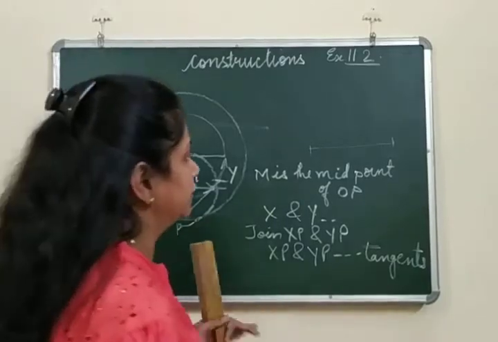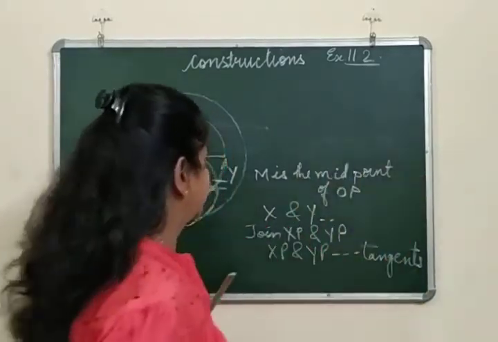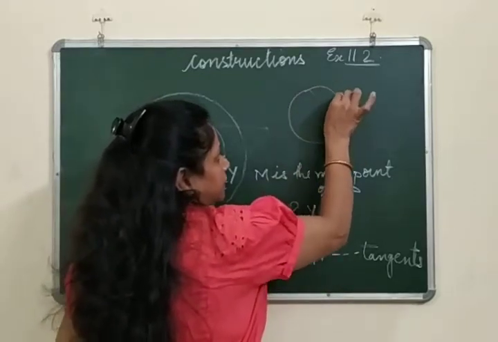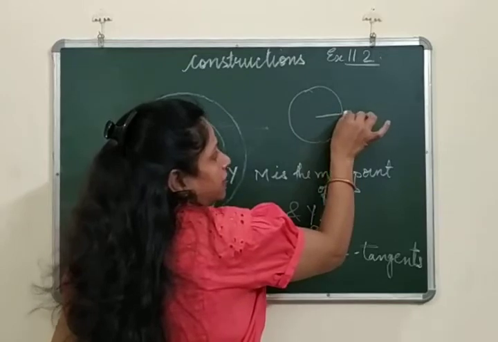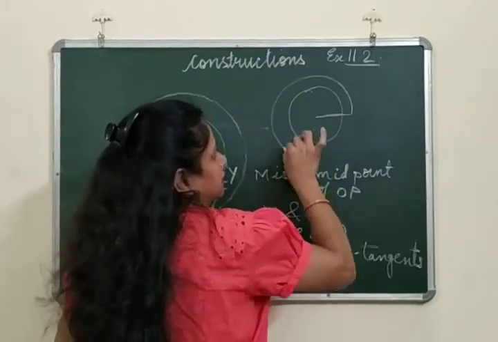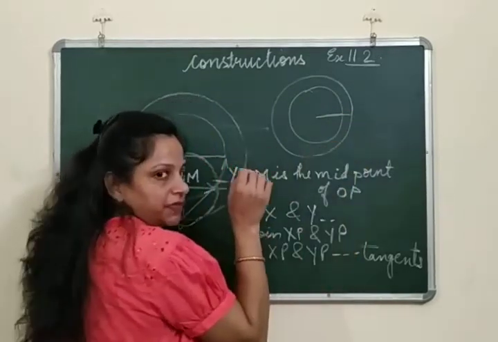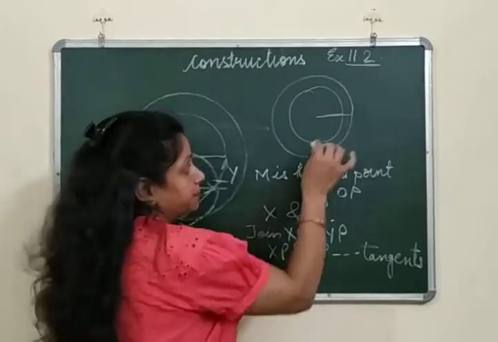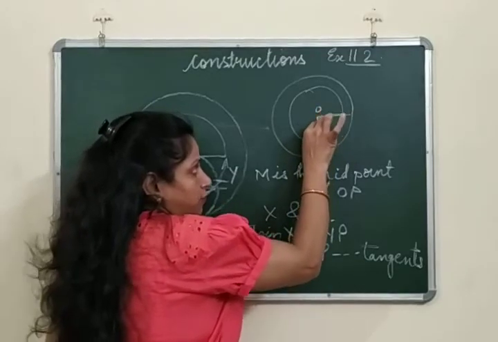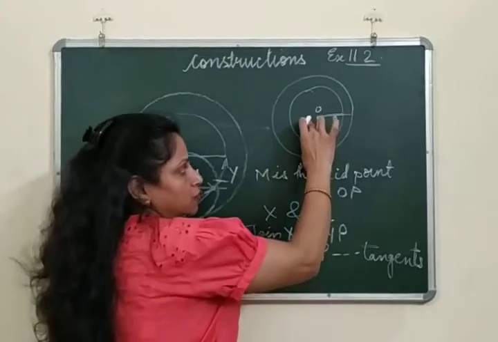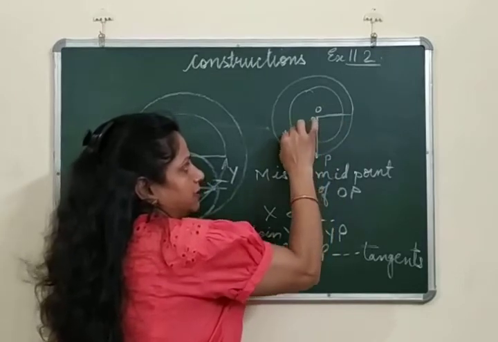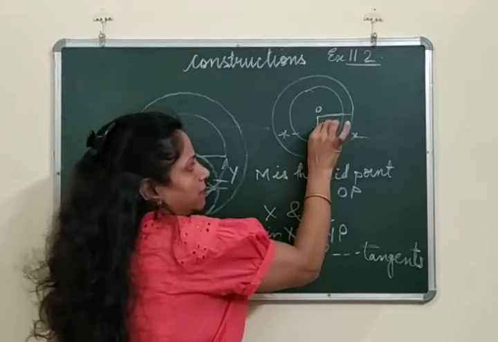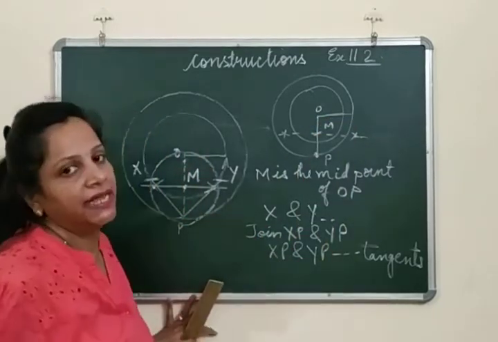See, once again, let me tell you in brief what the steps of construction are. First of all, आपने पहले एक सर्कल बनाया with 4 centimeters. फिर एक और सर्कल बनाया with 6 centimeters as radius. Right? जो बाहर वाला सर्कल है उस पे anywhere you have taken any point P. Join that point P to the center. अब उस OP का perpendicular bisector बना दीजिए like this. That perpendicular bisector will cut OP somewhere at M.